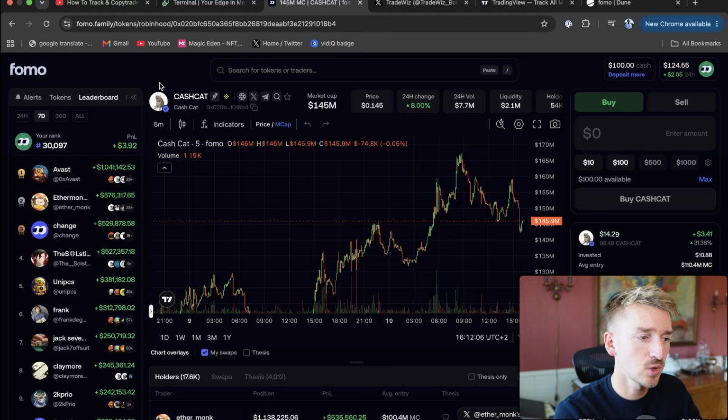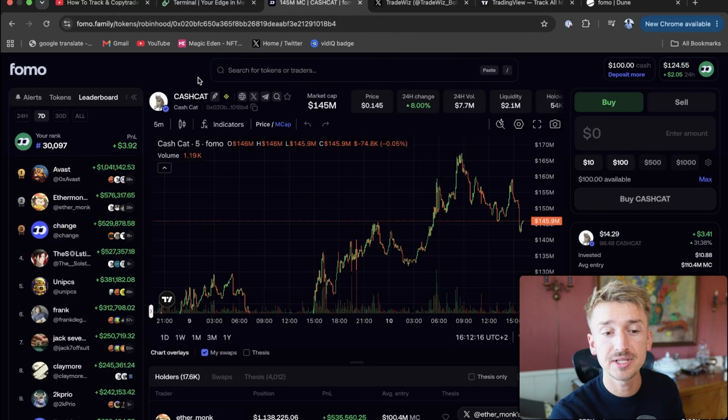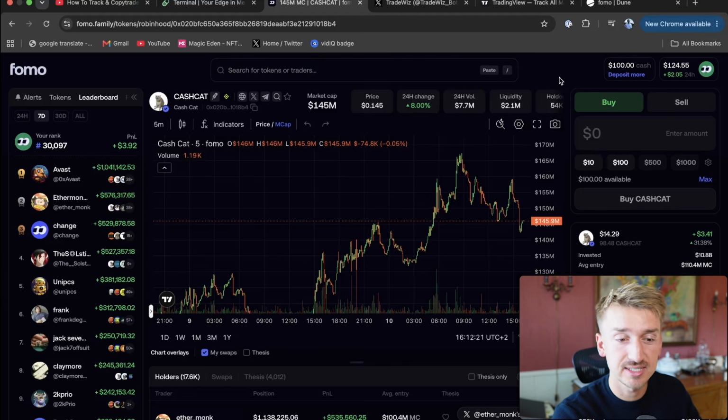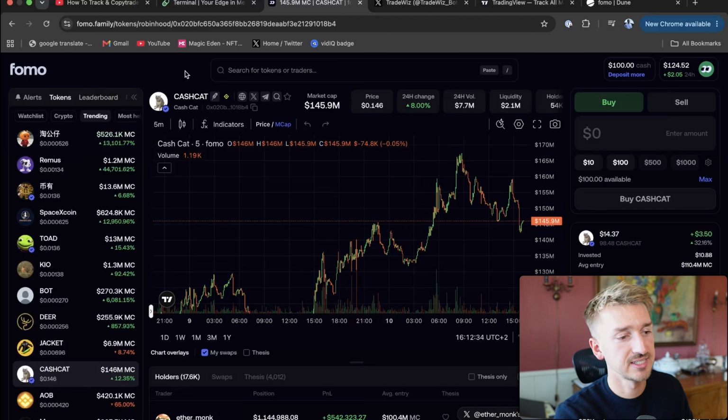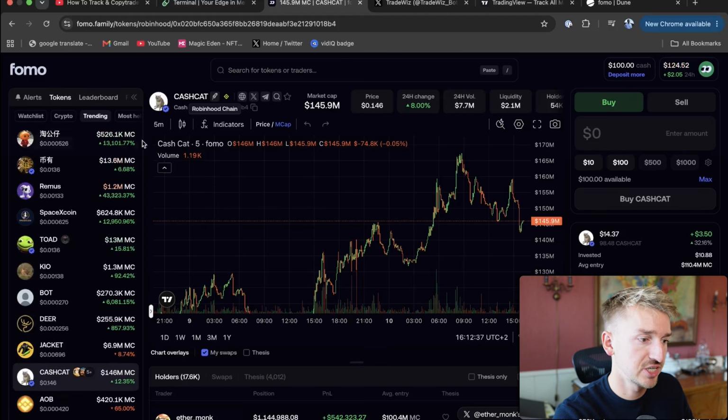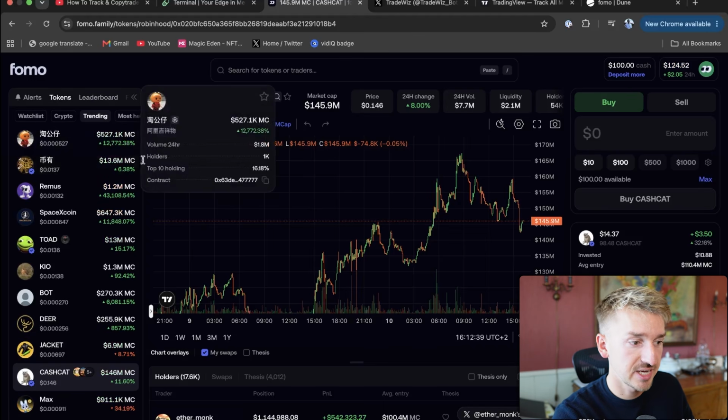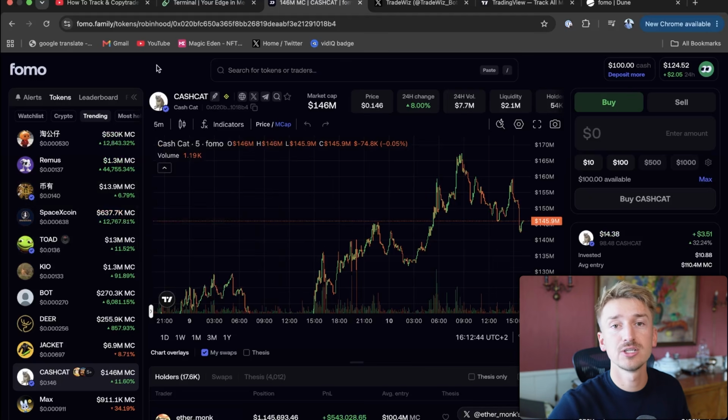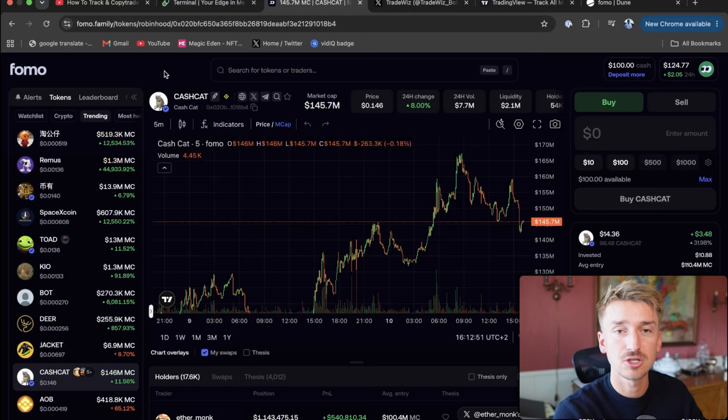But essentially, this is what the FOMO homepage looks like. And just quickly, the biggest benefit of FOMO is that as long as you deposit cash, you can deposit USDC on any chain, and as long as you have that in your cash balance, you can trade tokens on any chain without having to bridge back and forth between the chains. Because as you can tell, some of these tokens launch on Robinhood chain, some launch on Binance Smart Chain, while others launch on Solana. Normally you would have to bridge back and forth, but because of how FOMO has built this app, they make it so easy to trade any token across any chain as long as you have some cash in your balance.